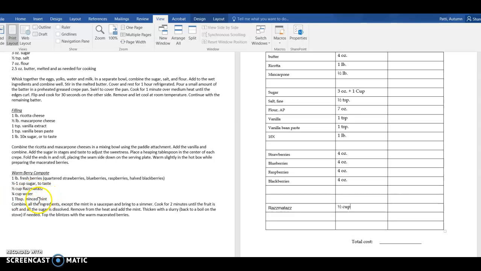And then we have mint next. 1 tablespoon of minced mint. Now, from prior weeks, you've learned that minced means it is already chopped up when you're measuring out that tablespoon. So we're going to have to consult to see how much 1 tablespoon actually weighs. For now, I'm going to list the mint, and I'm going to write 1 ounce. By writing 1 ounce, I know that I am going to have at least 2 to 3 tablespoons of mint